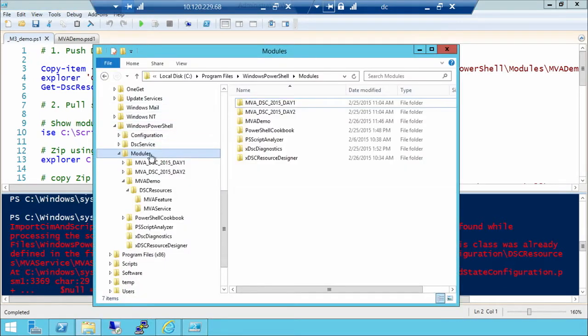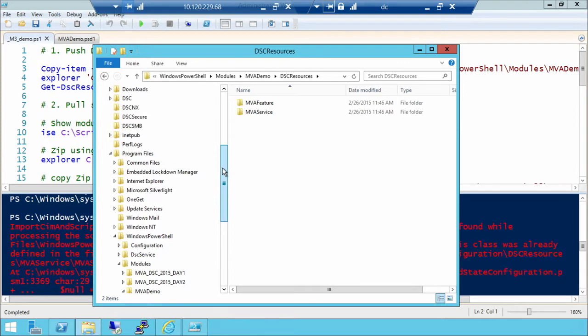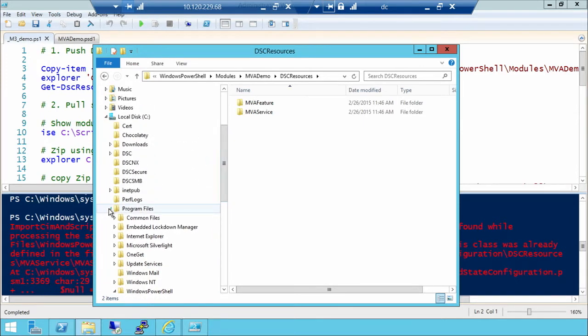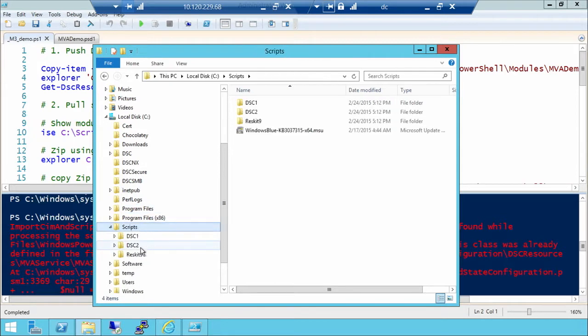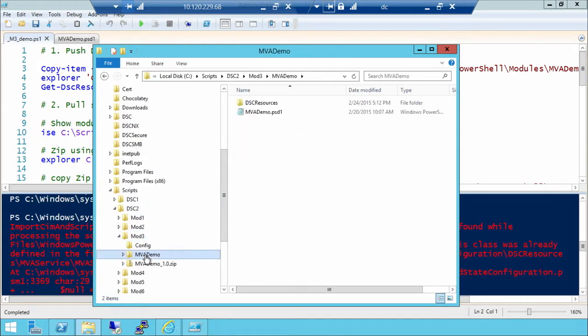Well, let's see if we can fix this real quick. Not a big deal, guys, on this particular resource, but when I was generating earlier, I may have run too many lines. Oops, this isn't what I want. Where am I going? I'm going to scripts, DSC module 3. Here, let me manually copy this over. This is a clean version of it, so let me just copy this guy over to program files,